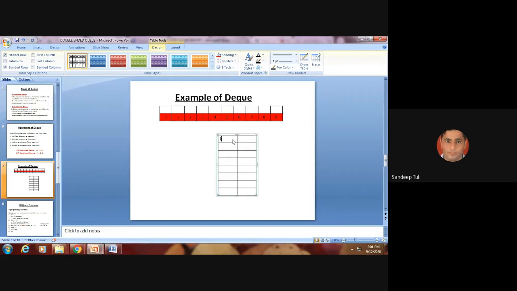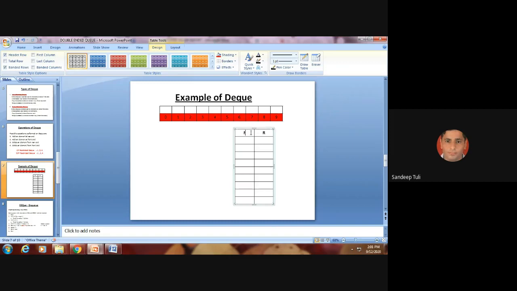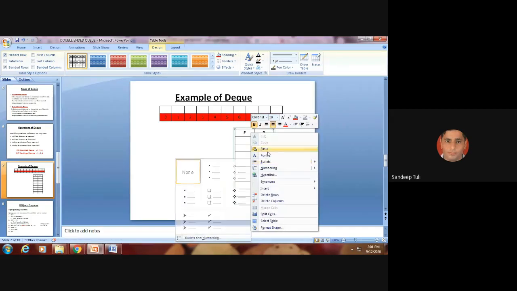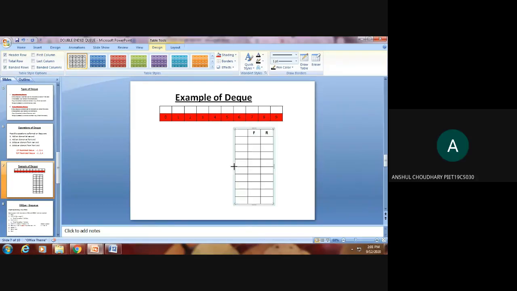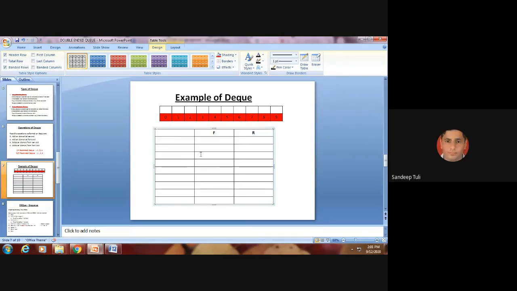Say it is F and it is R. Are you able to see this? Is it visible? Yes, sir. Okay, done.